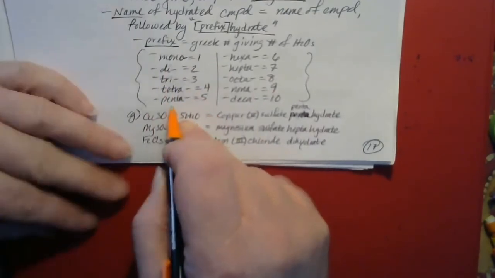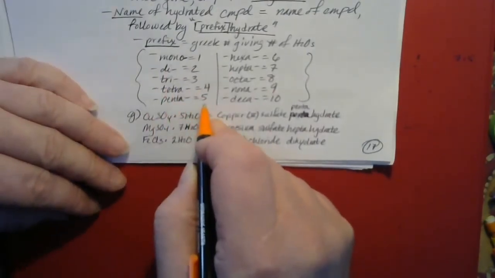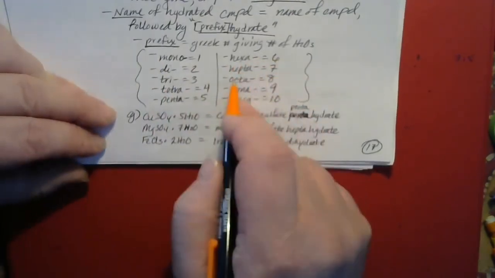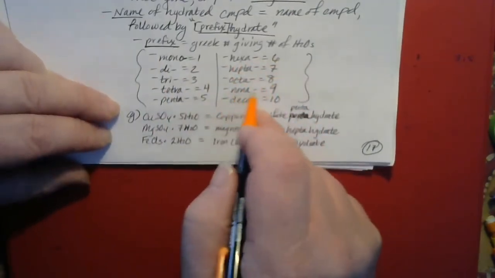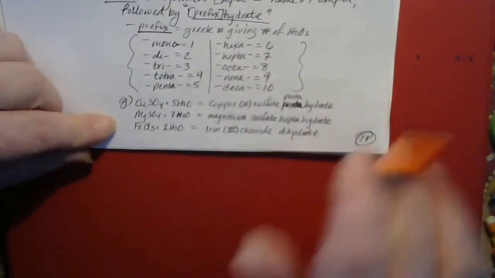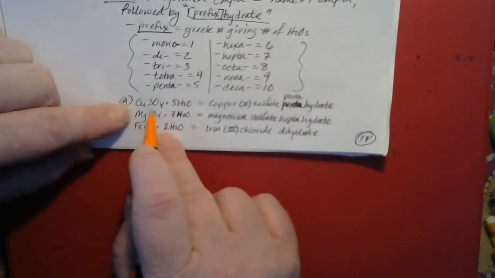Penta, as in pentagon, would mean 5. Hexa, as in hexagon, would mean 6. Hepta would mean 7. Octa would be 8. Nona would be 9. And deca would be 10. So for instance,